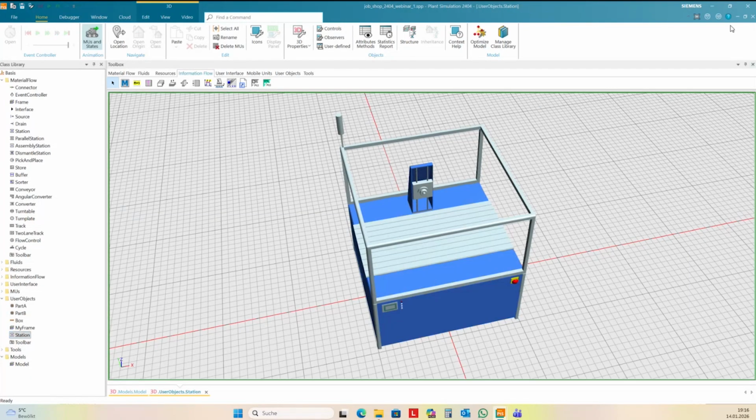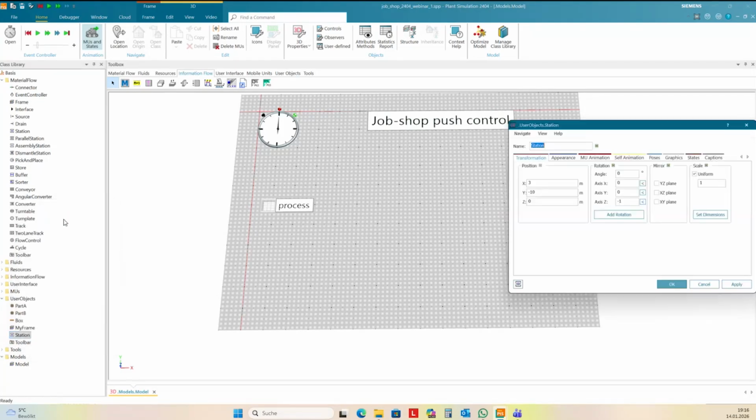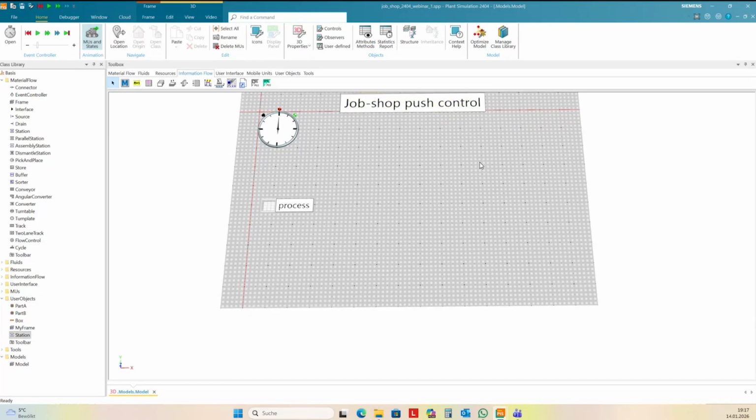Okay, I only want to change the 3D properties. I make it smaller, 0.5, and just scale the station. So I get it on one screen here, I hope so.